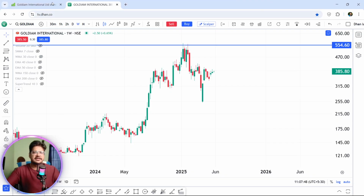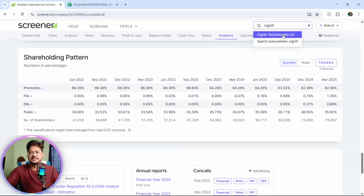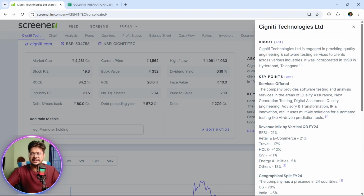Now we are going to discuss the last stock in the list, and it belongs to the IT sector, and the name is Cigniti Technologies. So let's check out Cigniti Technologies. We can see that this company belongs to the software sector, and you can definitely read here all the details